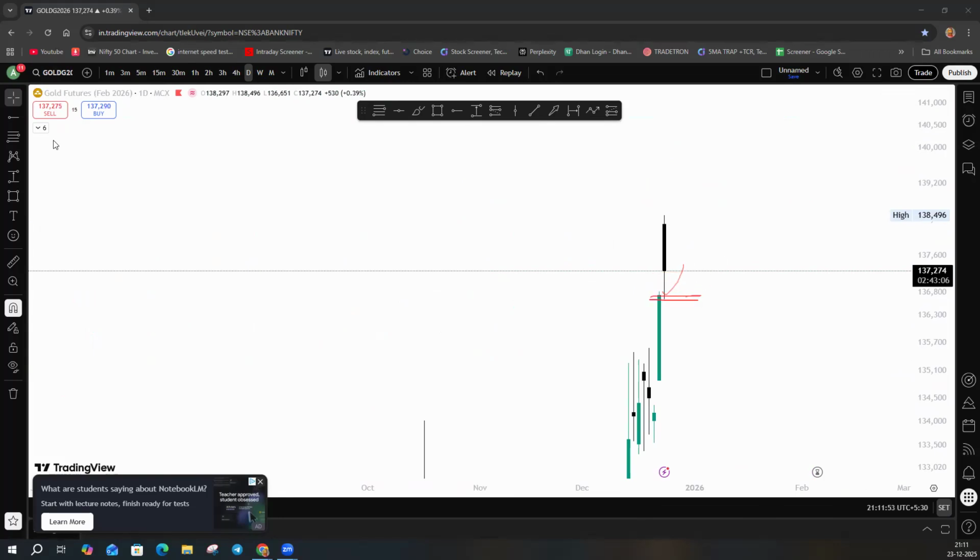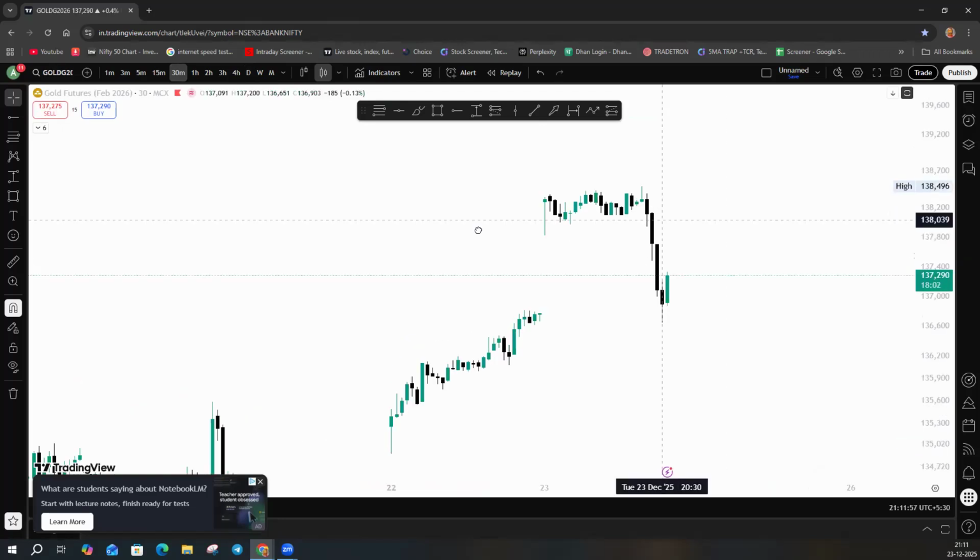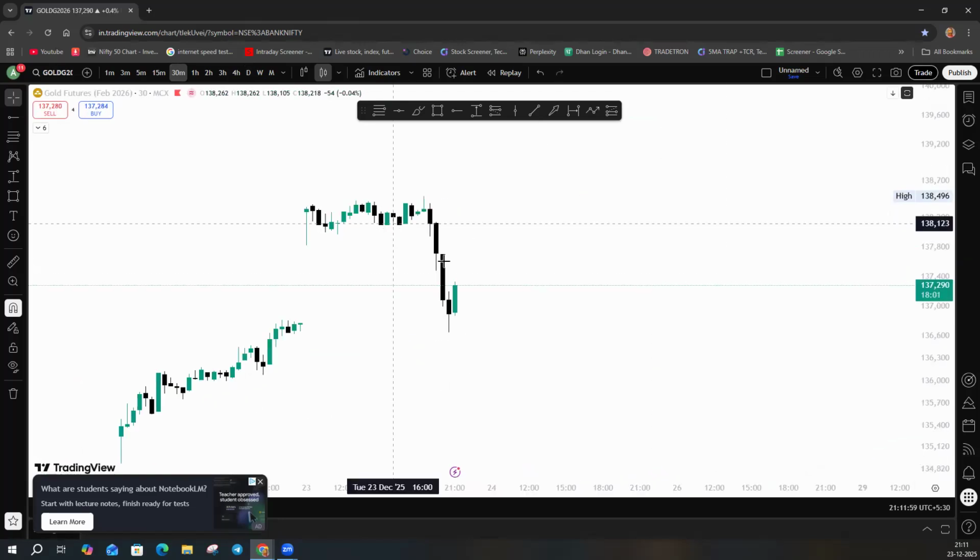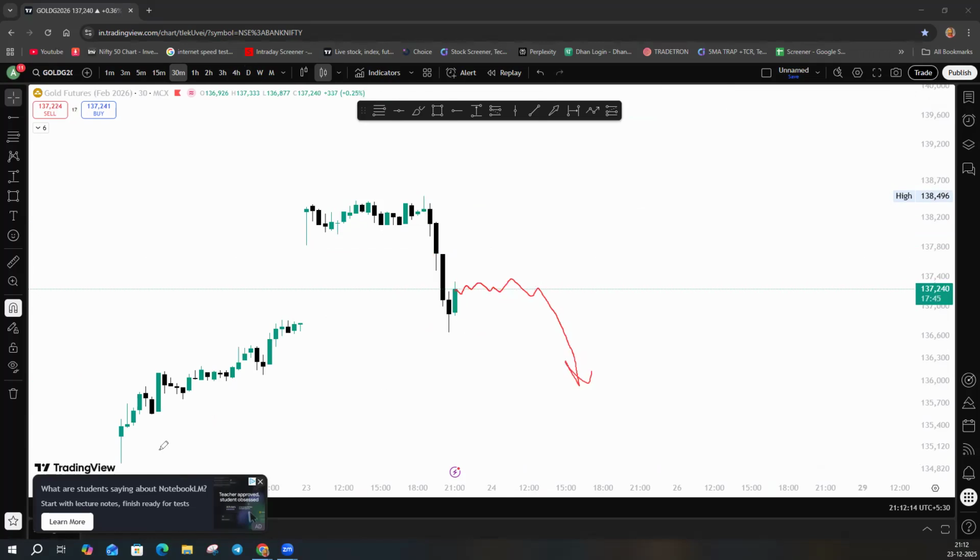So now what is the view for the gold? You can see the gold has fallen back to back in the 30 minute. We have broken the lows, and after breaking the lows we are again retesting. It is possible that after this retest, if gold breaks these lows again, it will be sideways here and it can break the lows again, and it will target this downside level, that is the previous opening, the day before yesterday's opening.